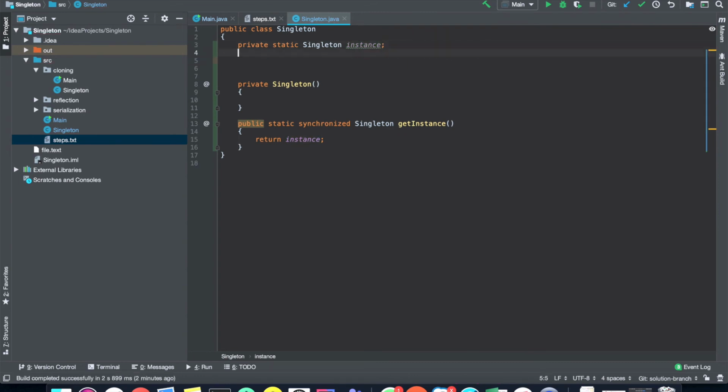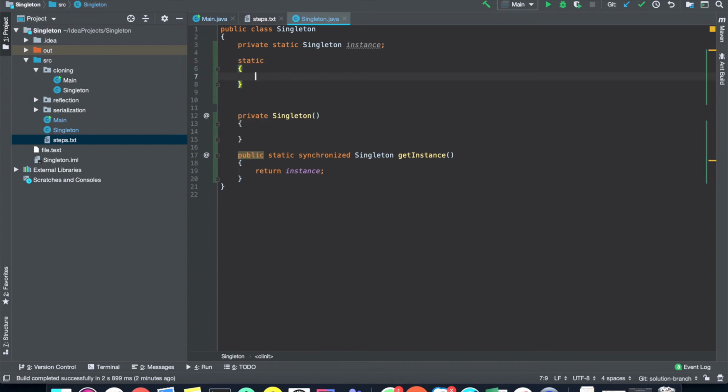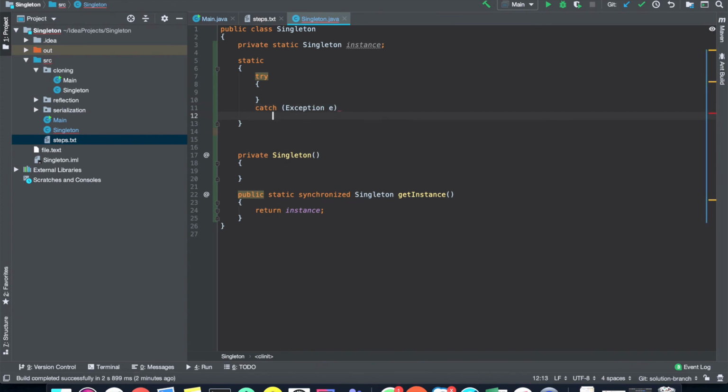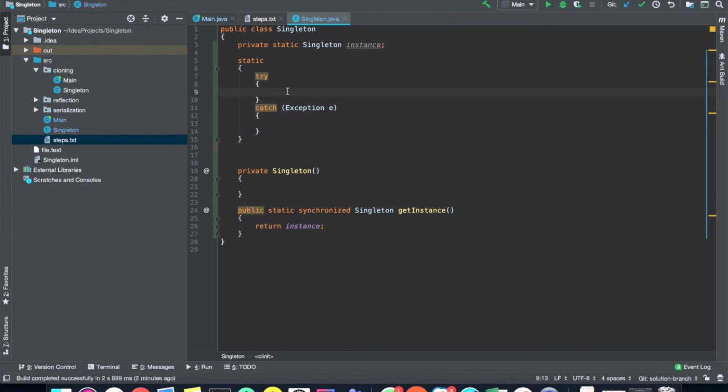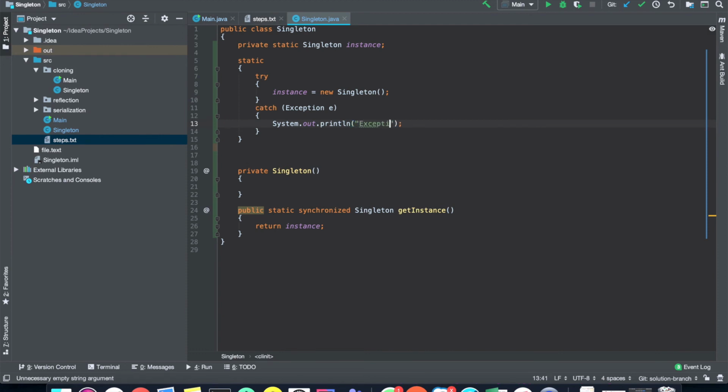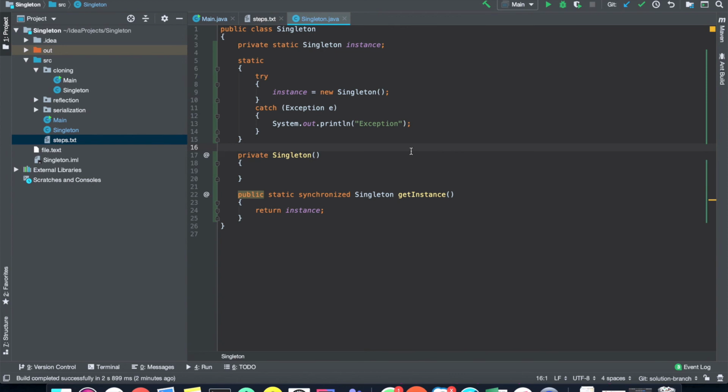First of all, we'll remove the new keyword, add the static block, then add a try catch block, and here we'll create instance equal to new Singleton. If an exception is generated, it will be caught here and a message will be printed.